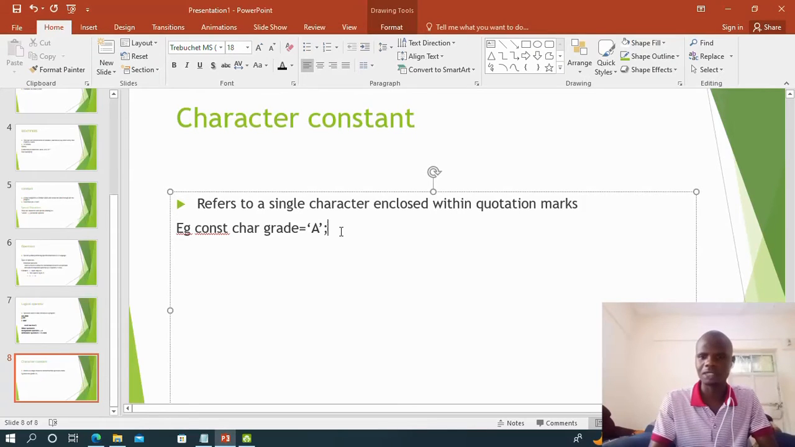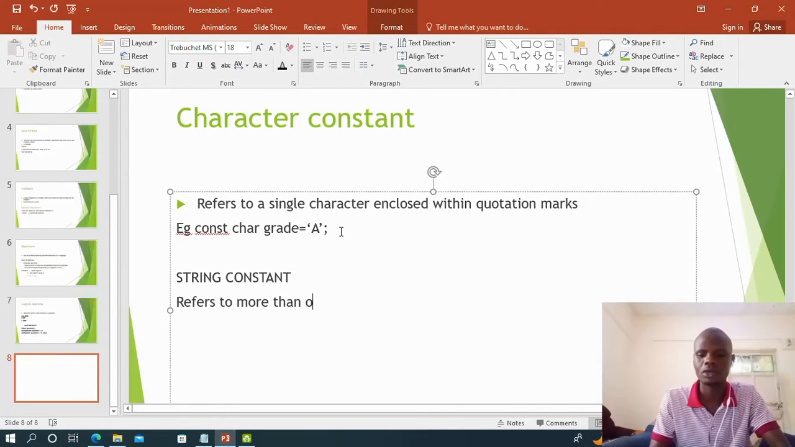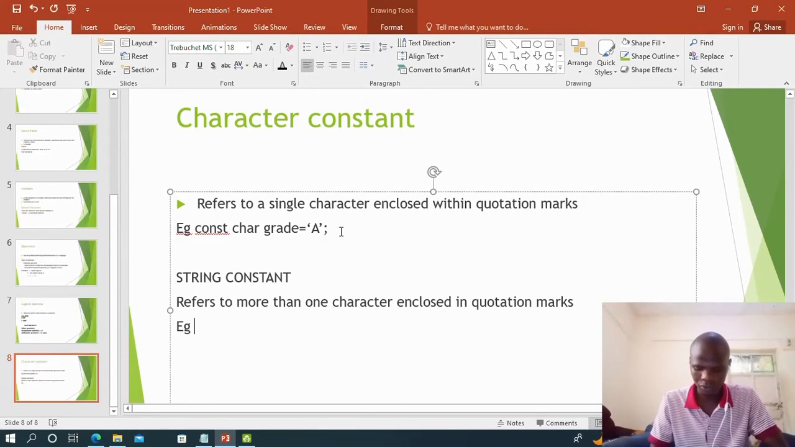Okay, let me just proceed here in this slide to show you about the string constant. So string constant refers to more than one character enclosed in quotation marks. A string, your name is a string, so it refers to more than one character enclosed in quotation marks. For example, we can have